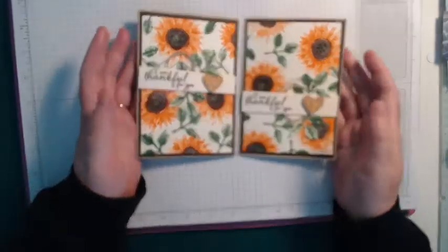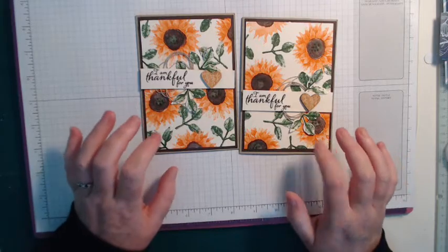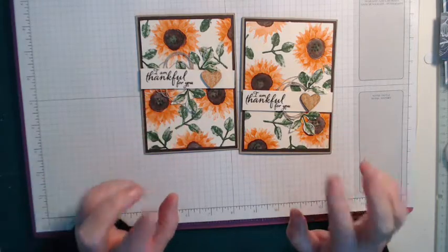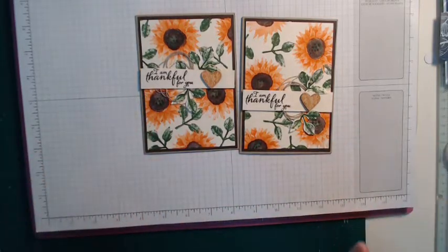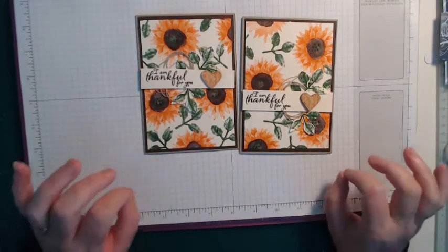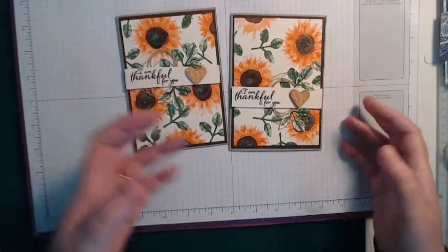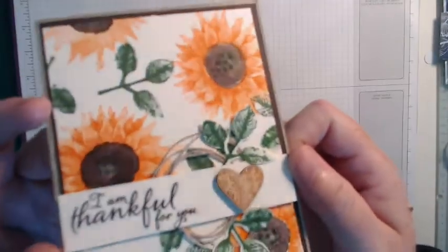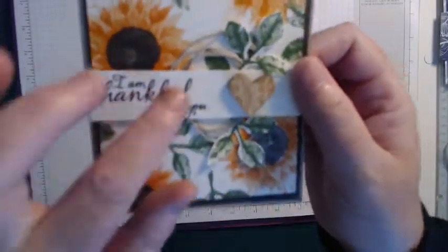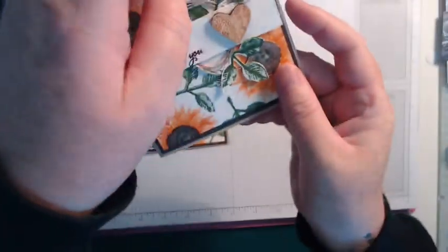Here are the two cards that I made, and this is using the Colour Me Autumn. No, it's not. It's called Painted Autumn. That's the Painted Autumn Suite, but the stamp set is called Painted Harvest, and it's designed to look like a watercolory effect, which I think you can agree they kind of achieved with the stamps. They absolutely look gorgeous. With this one, I've popped up the sentiment, and I've done some